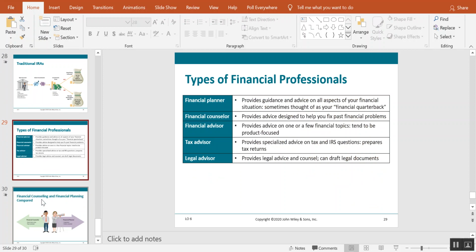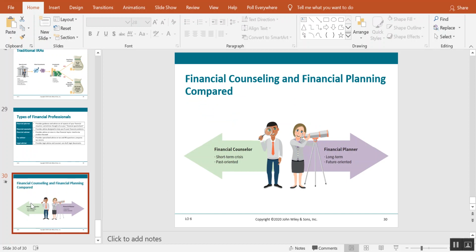There are also different kinds of financial professionals. Know what the difference between these are. For example, a financial planner is different from a counselor in that the counselor is there to help you fix a problem. A planner is there to help you plan for the future. And know what these different terms mean. So, a financial advisor would be somebody who would give you advice and suggestions. Tax advisor, somebody who's interested in helping you save money on your tax return. And a legal advisor would be somebody you go to for legal help, to do legal documents and so forth. And finally,